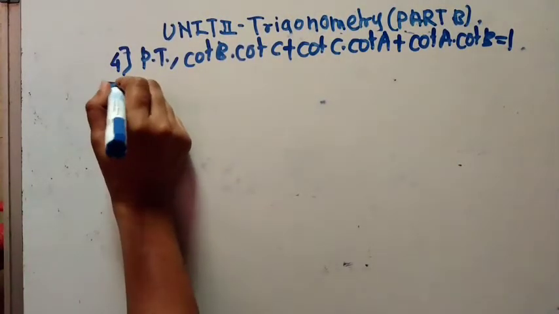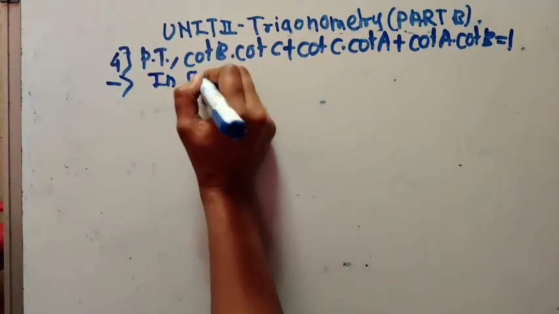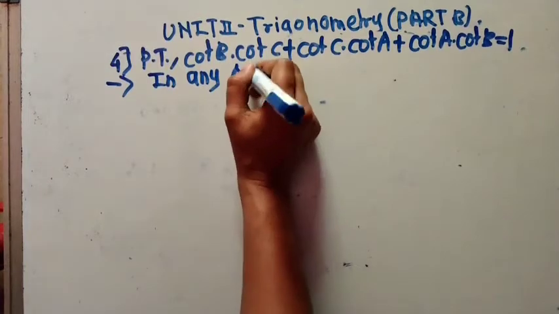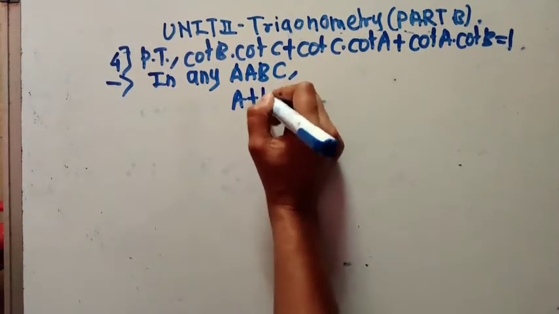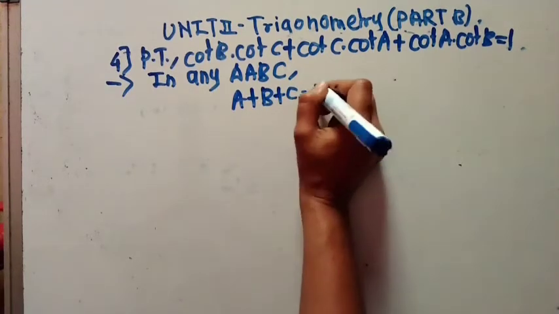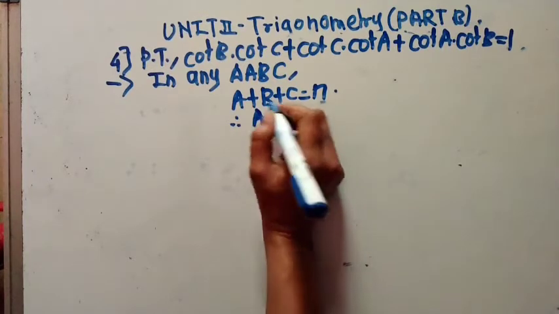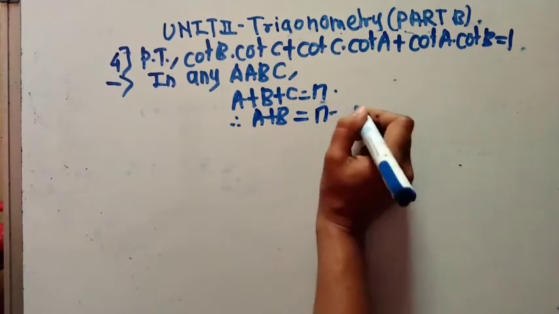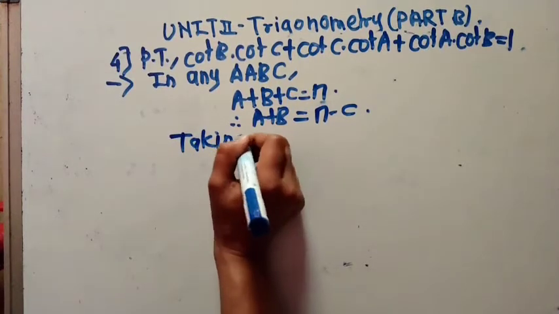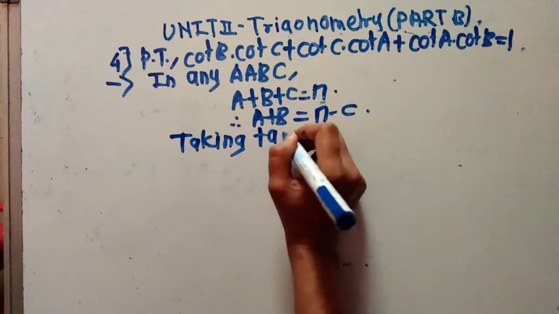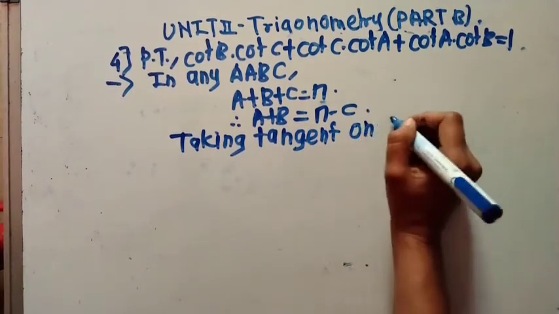First, in any triangle ABC, a plus b plus c is equal to pi, hence a plus b is equal to pi minus c. Then taking tangent on both sides,